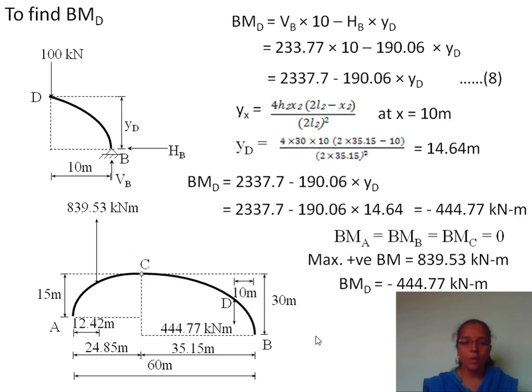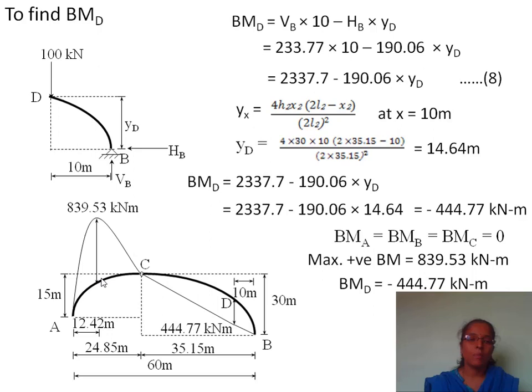Now we have marked the points, and we have to join them to show the variation of bending moment. AC portion is subjected to UDL, therefore the variation of bending moment in AC will be parabolic, so we join it with a parabola. Whereas the BC part is subjected to a point load, therefore the variation will be linear. From A to C we have joined with parabolic variation. Now we join from C to D with a straight line, and then from D to B.